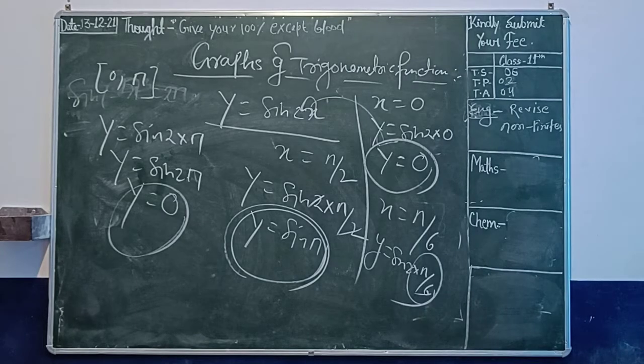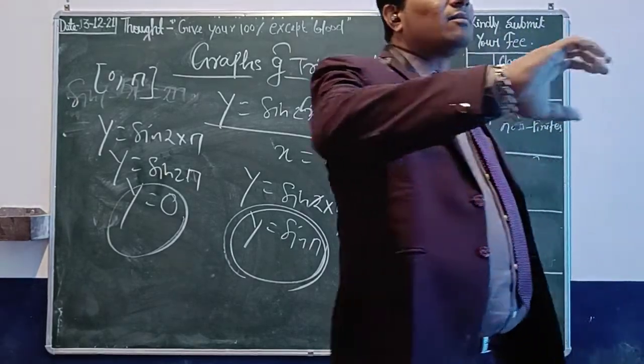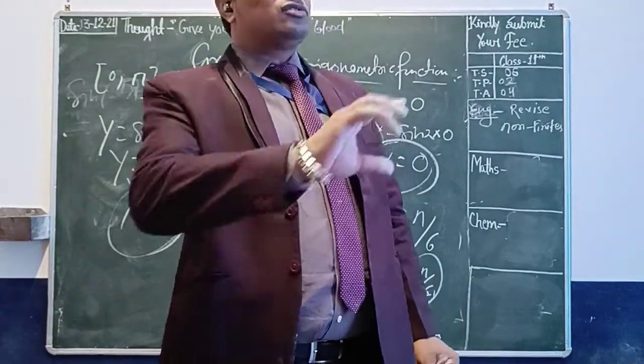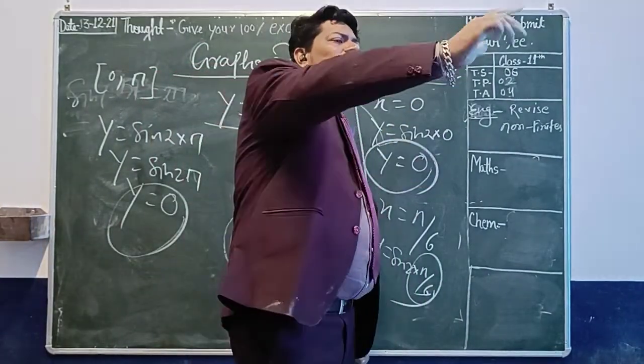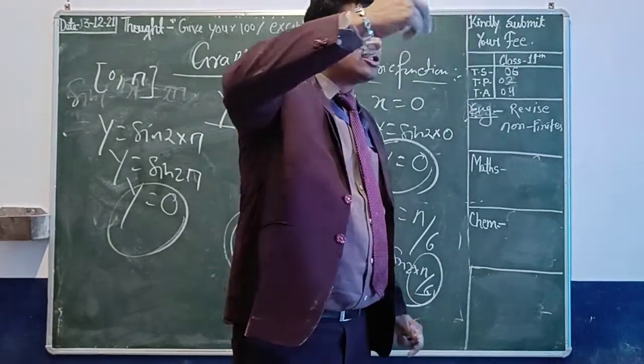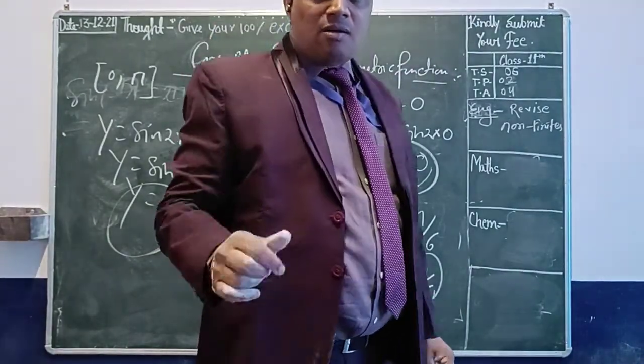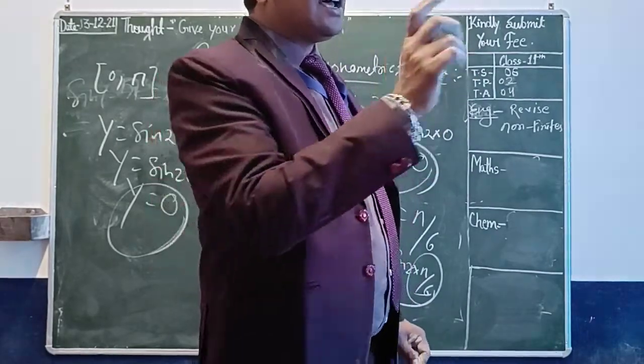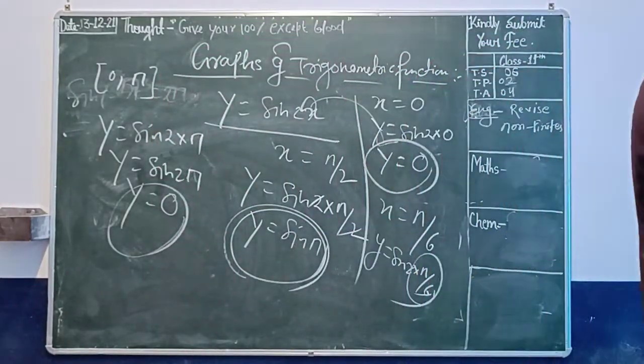Why are we drawing the graph up to 2 pi? Because mostly in mathematics we are getting values up to 2 pi. Is it clear? Actually, the angle is simply the amount of rotation. You can go through any angle, but whatever the measurement, you have to take it up to 2 pi. Is it clear? That one is 360 degrees.